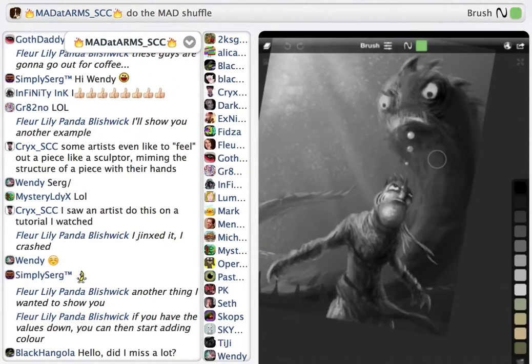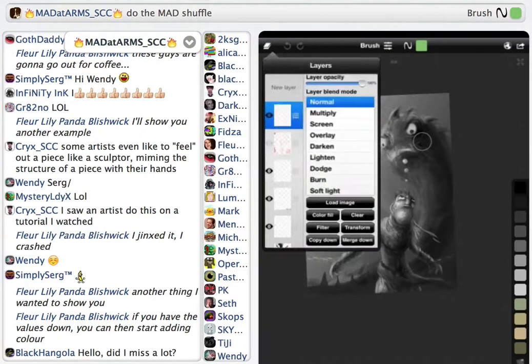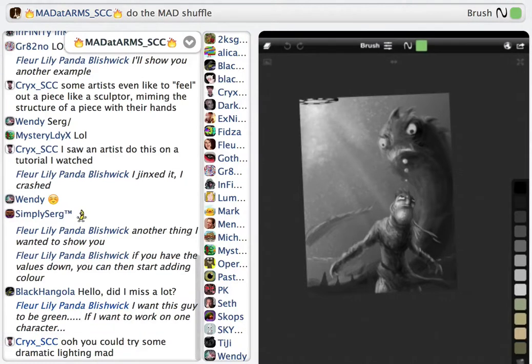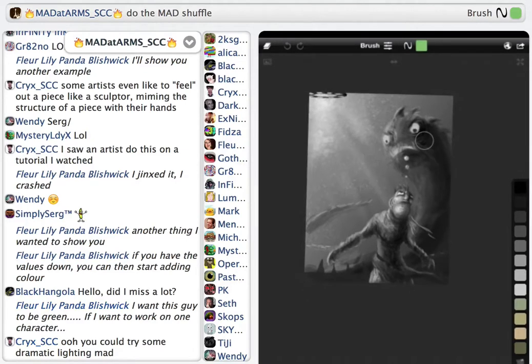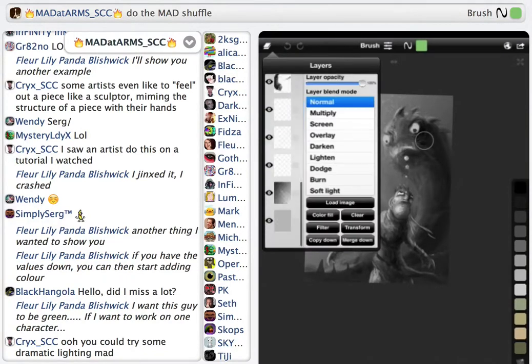Okay, so once you have the values down, then you can add color. And one thing I wanted to show you guys, like whenever I work, yeah, you can try some dramatic lighting. Whenever I work, if I'm working on a single character, and I got the values looking good, then I'll take that character and